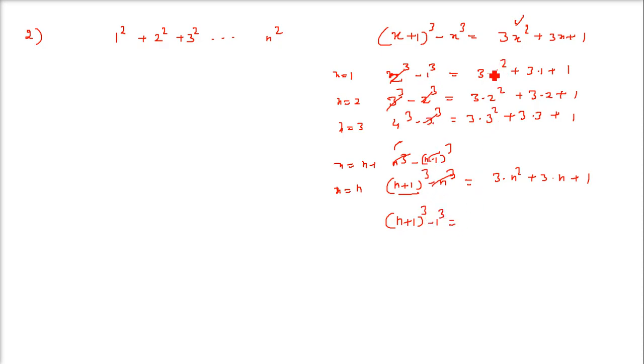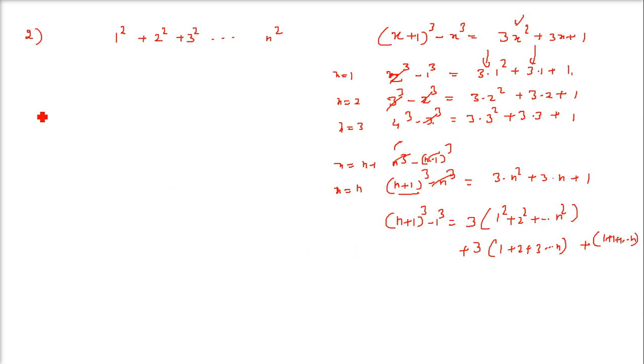What about this one? Now we are adding it column wise. So let us take this first column, 3 common. What do you get? 1 square plus 2 square till n square. Now adding this column, 3.1, 3.2, 3.3. So take 3 common. You get 1 plus 2 plus 3 till n. And then we have a 1, 1, 1, n times. So you can just write 1 plus 1 plus 1, like this, n times.